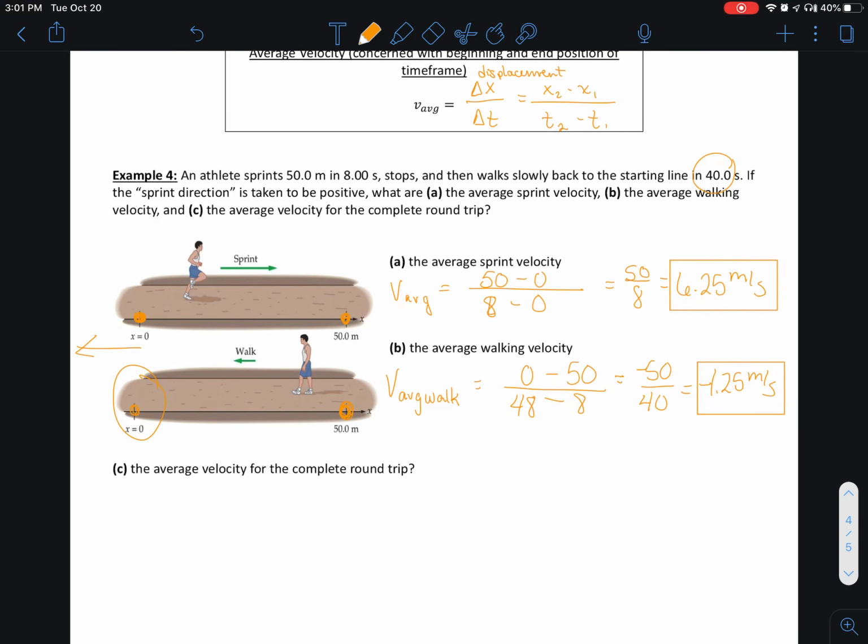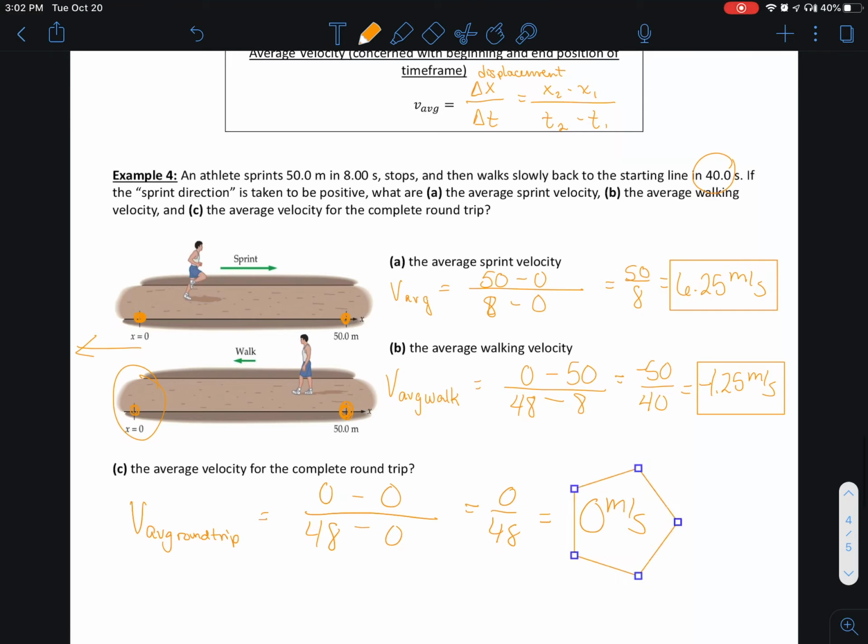Now, for the complete round trip, so let's think about his velocity average for the whole thing. I'm just going to put round trip. Look at all these labels. It almost becomes obnoxious. So where does he start the problem? Well, he starts the problem in position 0. Where does he end the problem? Well, he ends the problem at position 0. What's the beginning time of the whole problem? 0. What's the end time of the whole problem? 48. So we end up with 0 over 48,